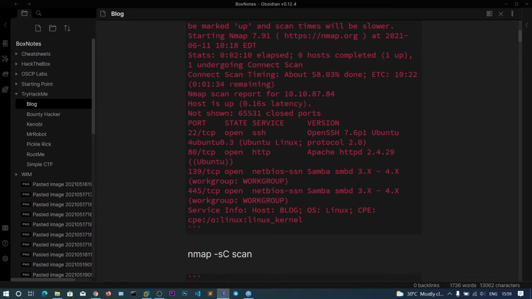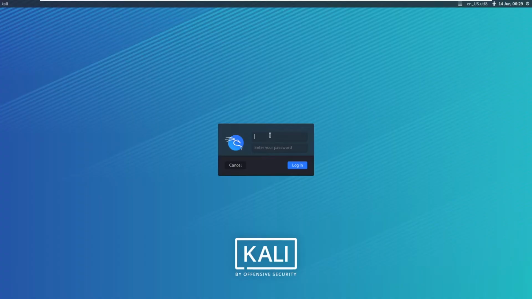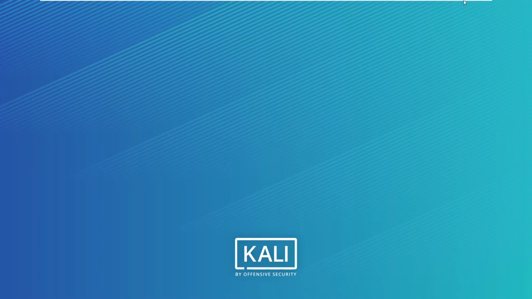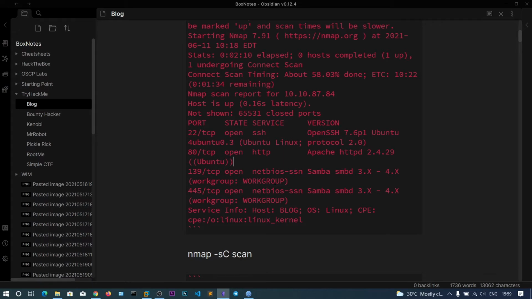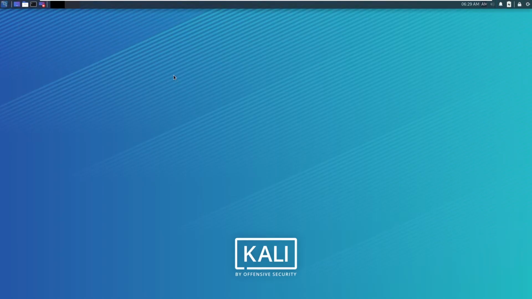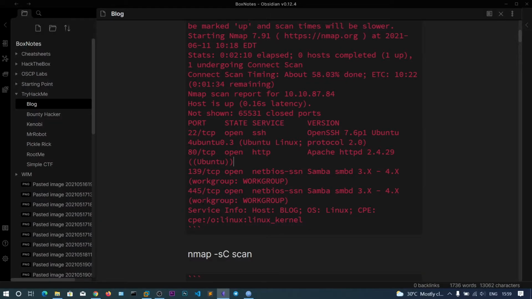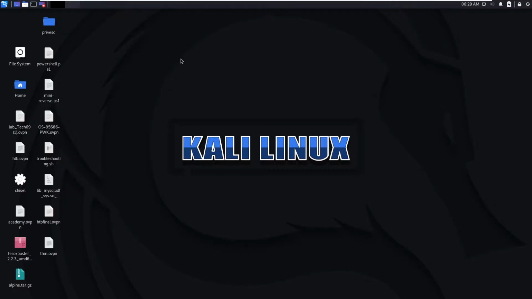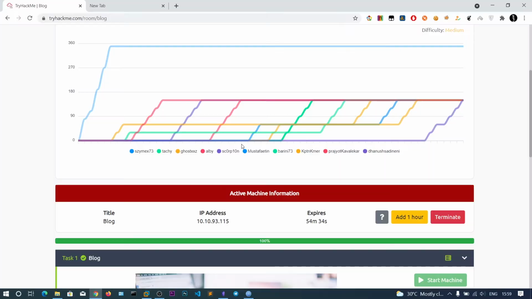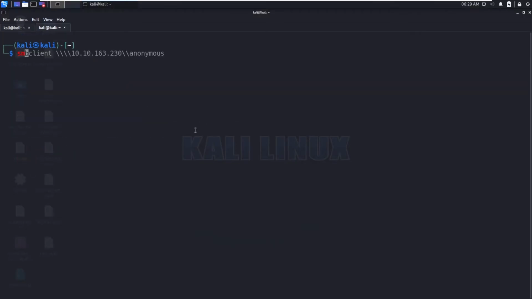So let's enumerate for SMB shares. There are a few rabbit holes in this box, so let's view them also. SMBMap, and the host IP is this one.